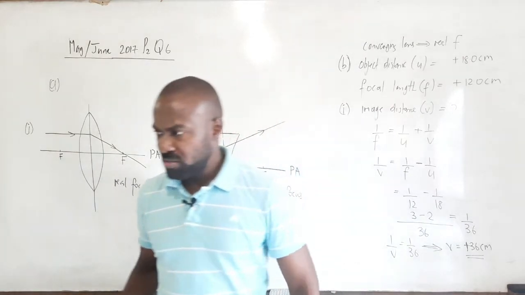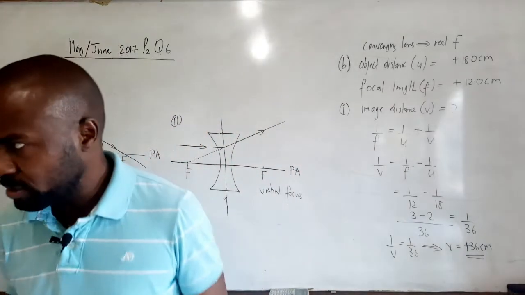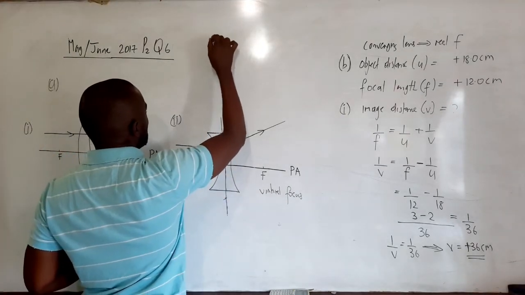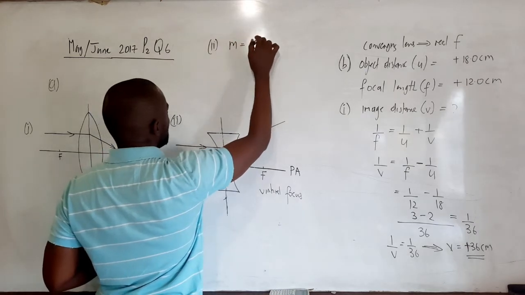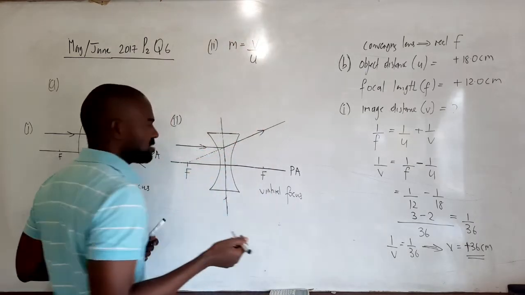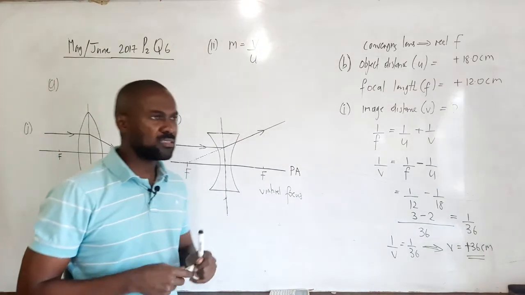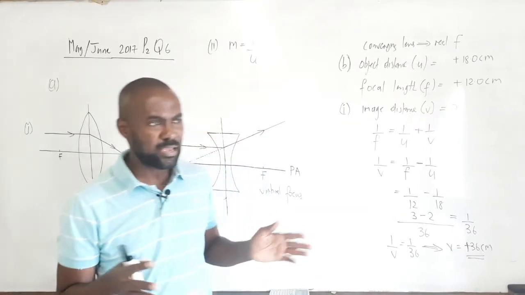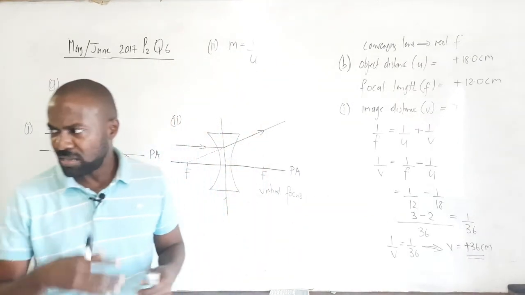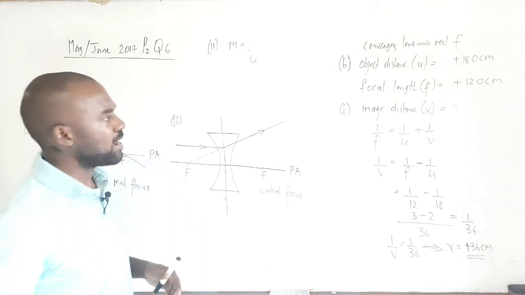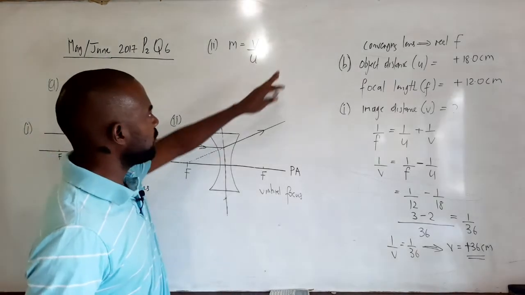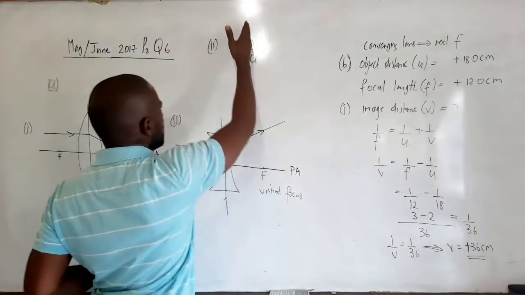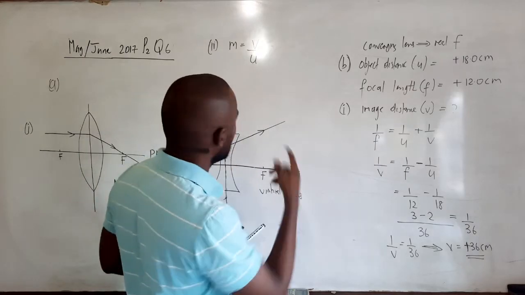Now, they also want us to find the magnification. So that's part 2 of the question, right? So let's do part 2 of the question here. The magnification M is equal to the image distance divided by the object distance. And once again, even if you get the image distance to be negative, when calculating the magnification, we disregard the negative sign and just use the magnitude of the image distance, right? So the magnification M is equal to the image distance V divided by the object distance U, or we could say the magnitude of the image distance divided by the magnitude of the object distance,